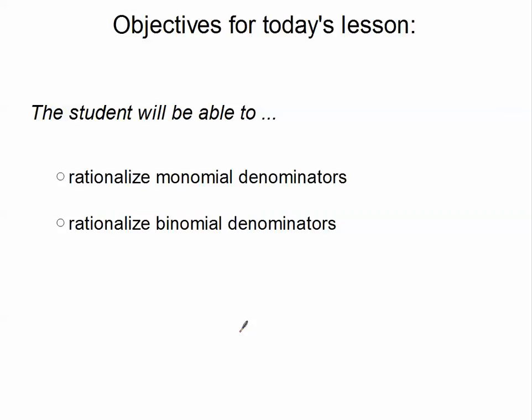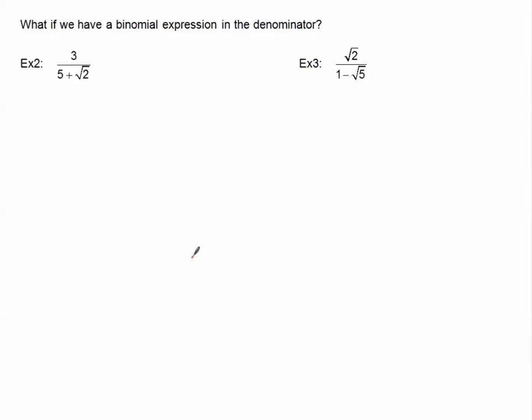In our second tutorial, we will rationalize binomial denominators. So let's turn over to example 2. What if we have a binomial expression in our denominator? Here we have 5 plus the square root of 2. Now it's still breaking that rule. We cannot have a radical in the denominator, and we just finished the tutorial on how to rationalize with a